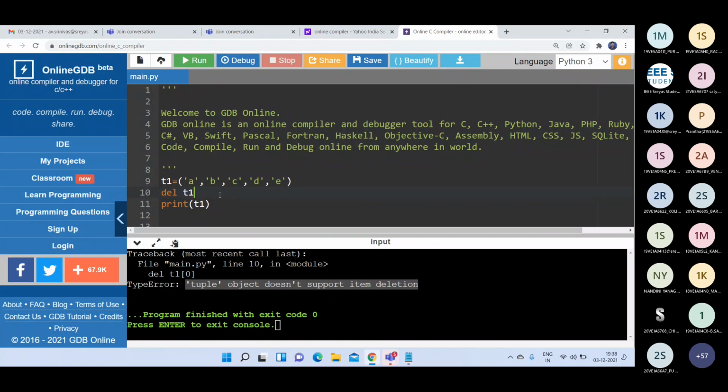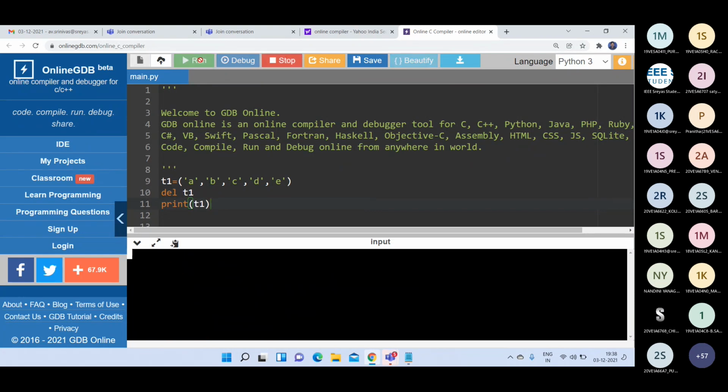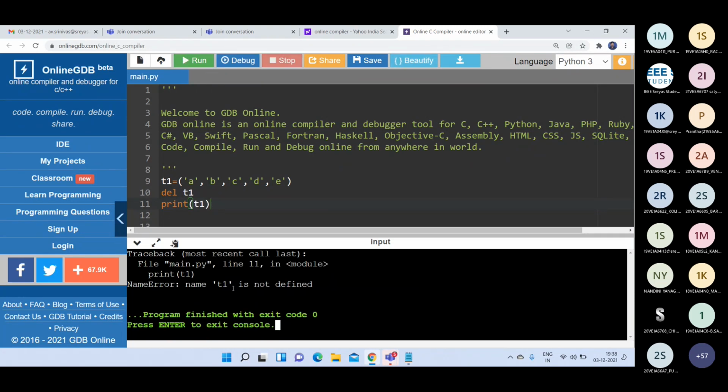Whereas you can write del T1. That means the entire tuple is deleted. Now if you print T1, sorry, we get the error: name T1 is not defined.